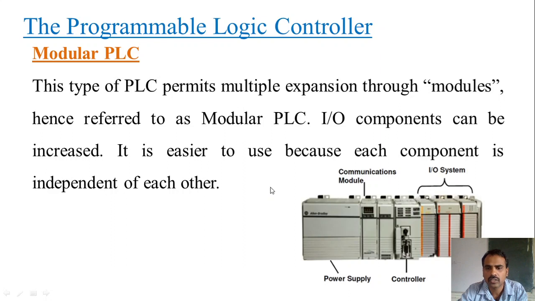Okay, the next is a modular PLC. You can see here how a modular PLC looks. Here there is a power supply, then a processor and communication interfaces. You can see here the input output systems. In modular PLCs, if you want to expand input or output modules, you can expand these components. It is not decided by the manufacturer. If the requirement arises, you can add an input or output module to the same PLC. Okay, so that is the main advantage of a modular PLC.